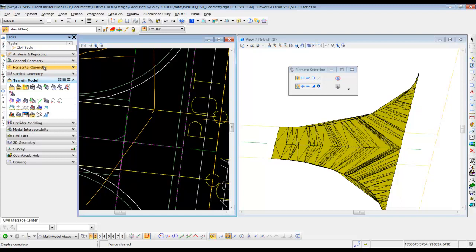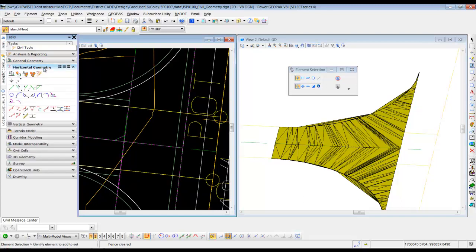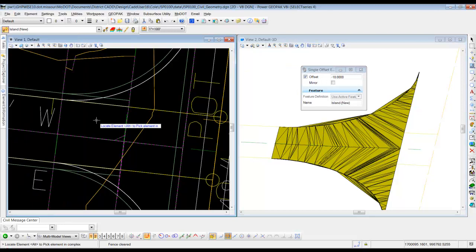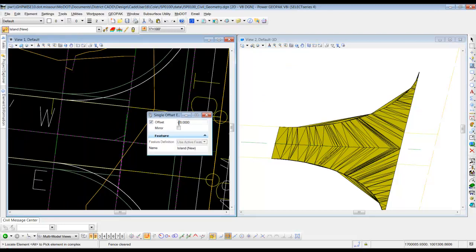We're going to go to horizontal geometry, and we're going to do this single offset entire element. So we're going to click on that, and it's going to come up with this dialog box, which is probably not filled out with -18, but what we want to do is, the very first one, we're going to make it -18. So we're just going to have our offset be -18, so you can type that in,